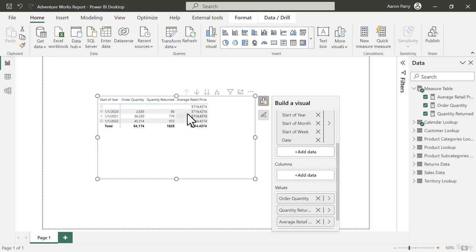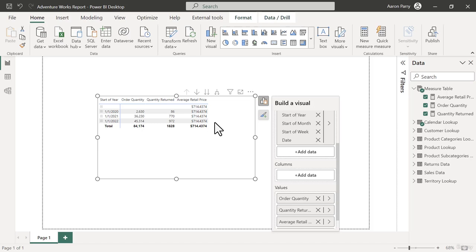So we see here that we have a repeating value, right? This average retail price, it's the same for all of the years. And that's because all we're doing is we're saying, hey, take a look at the average retail price for each of these years and then just return that. So while this isn't super helpful information specifically for the average retail price, the real purpose of creating these measures is to be able to answer questions that are being asked about the business